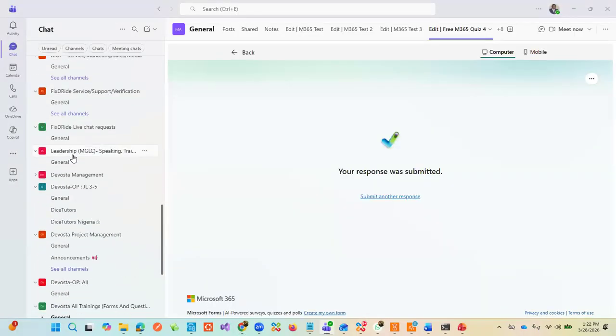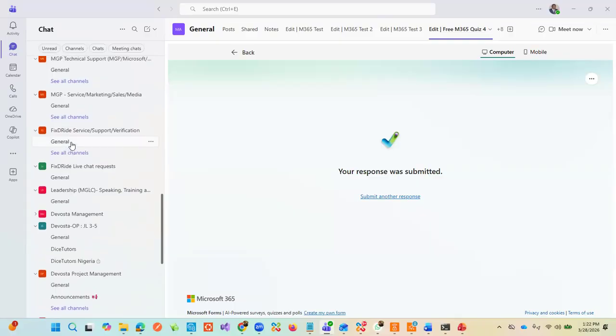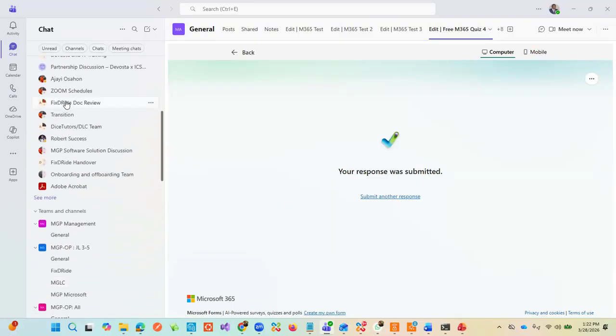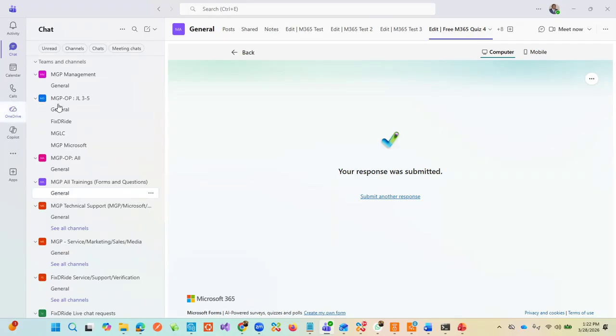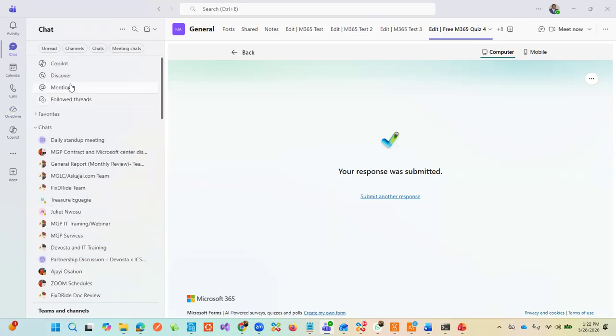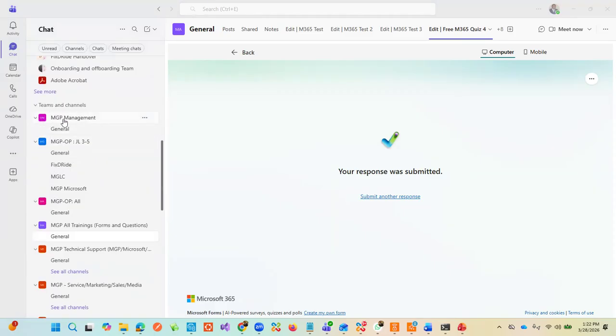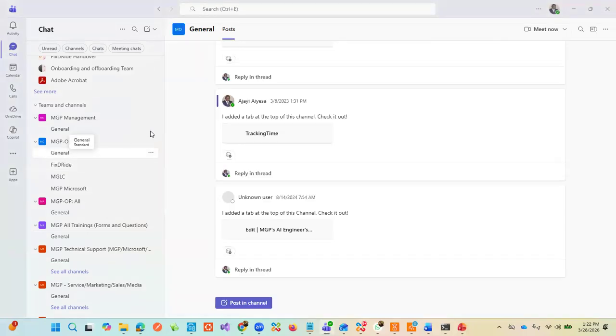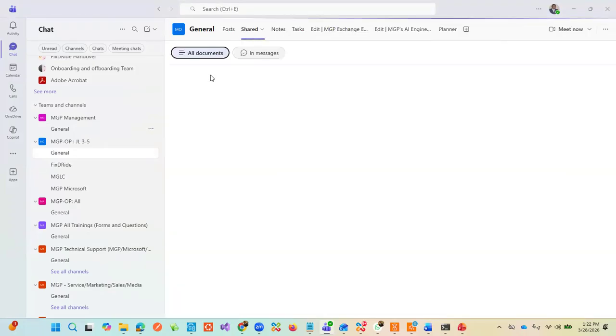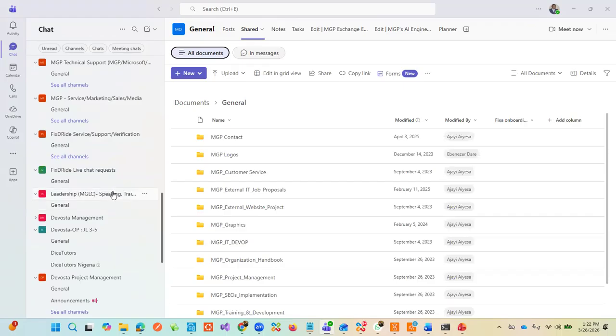I have several of these, for instance, and you see any of these channels. These are channels. We have Teams chats. These are chats. All these chats, and these are channels, teams and channels. All these teams and channels, they are SharePoint on their own, where people can get information, get the discussions and all that. So let's take a look at,